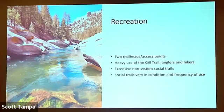A lot of anglers, as well as hikers. It's been discovered as a cool place to go. And so all the above has led to a very extensive system of non-system trails. So the Gill Trail is the singular Forest Service designated trail, some of which follows historic wagon road routes, and then getting down to the river and back out is a whole mess of social trails,